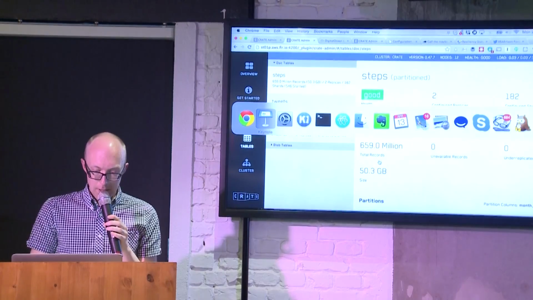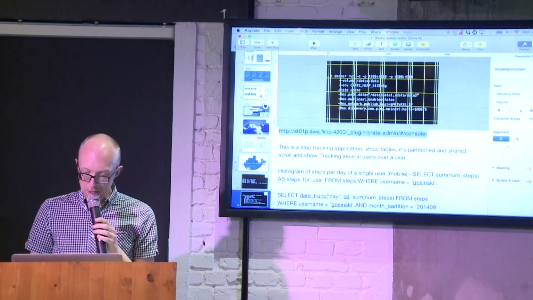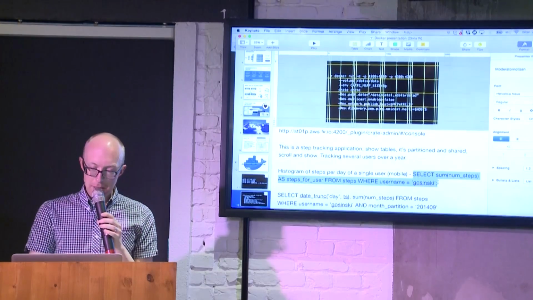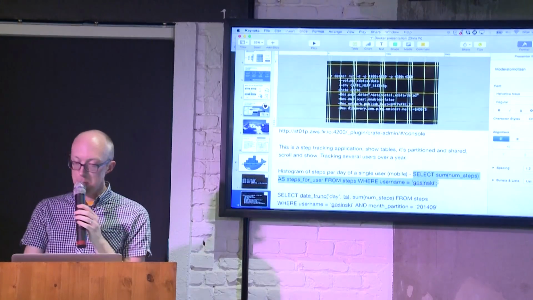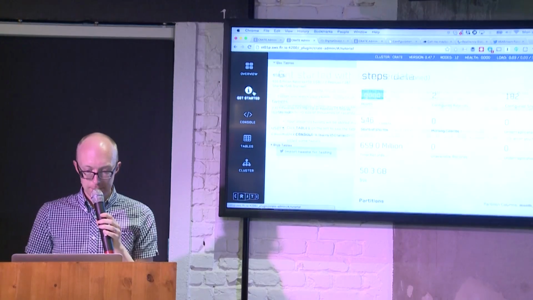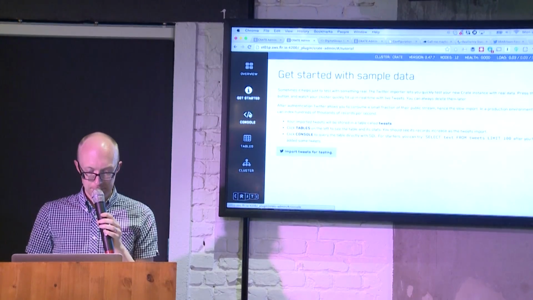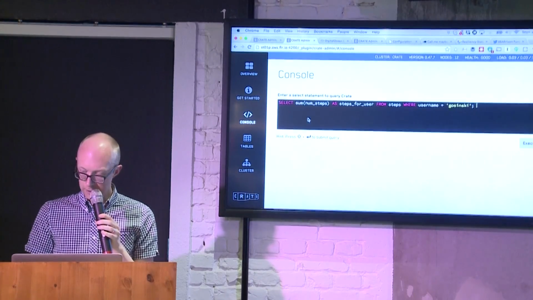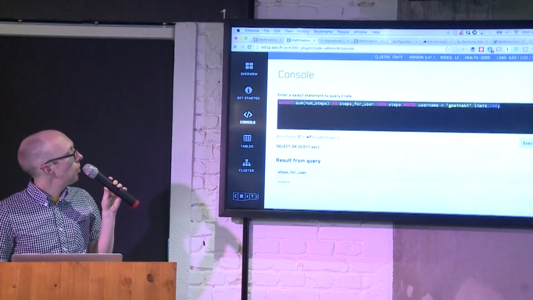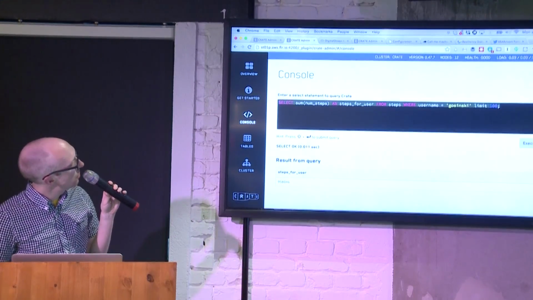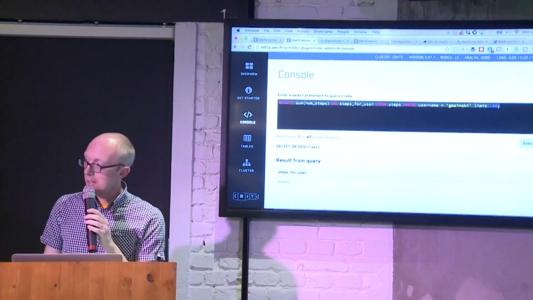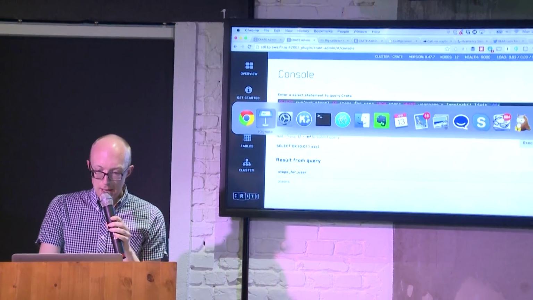Let's try some queries. So the first one I'm going to try is a histogram of steps per day for a single user. So they're pulling it up on their mobile phone and they just want to see how many steps have I walked. So that took 0.011 seconds to query quite a lot of data and get a result. Okay.